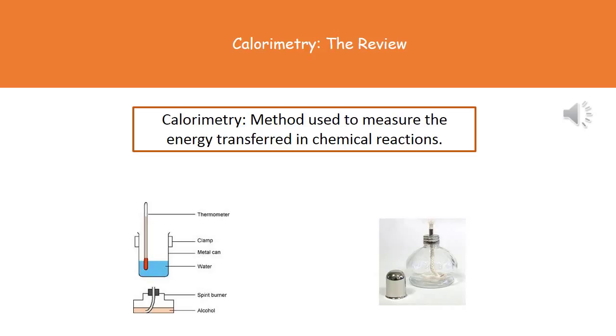Welcome to our review on calorimetry. Now, calorimetry is quite simply the method that we use to measure the amount of energy that's transferred during a chemical reaction. Now, the way they're going to phrase this in your C3 exam is by talking about different fuel possibilities. So what they're going to be expecting you to do is recall a specific experiment that hopefully you've